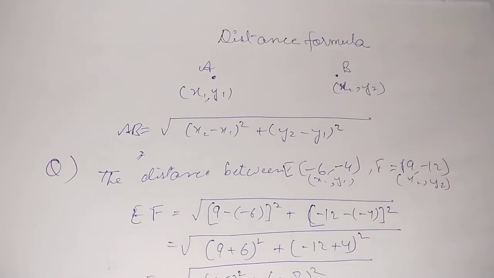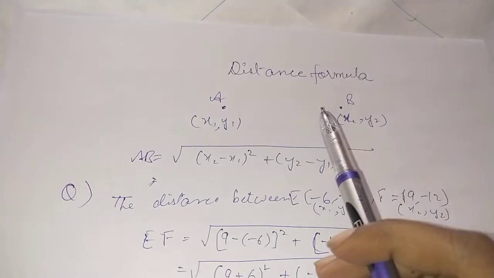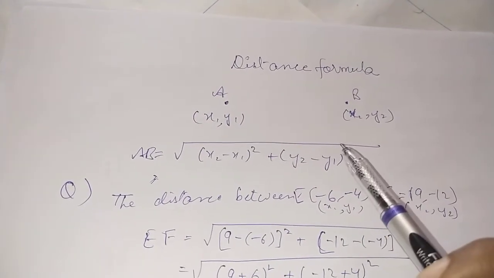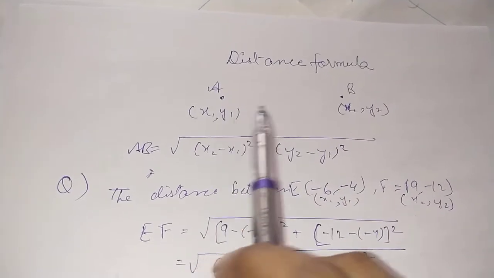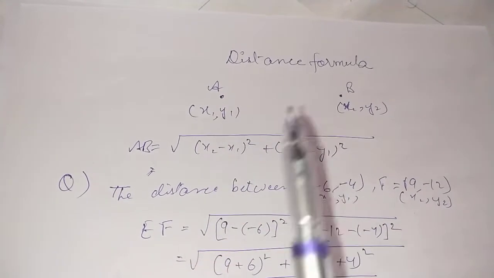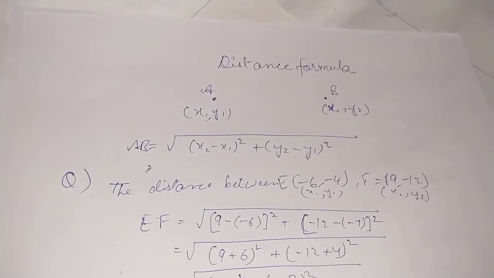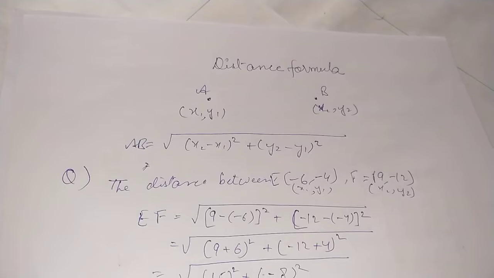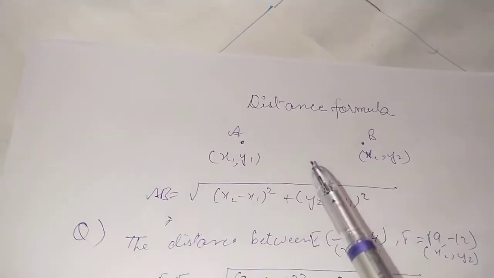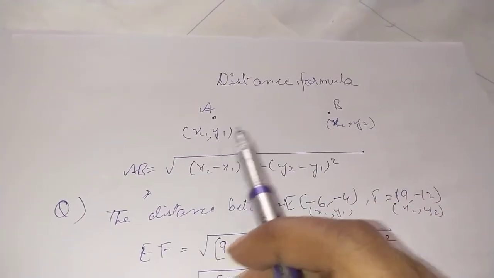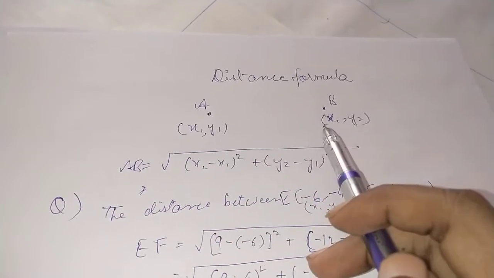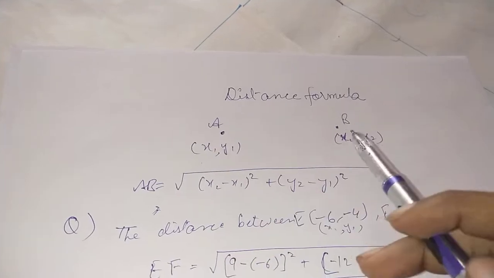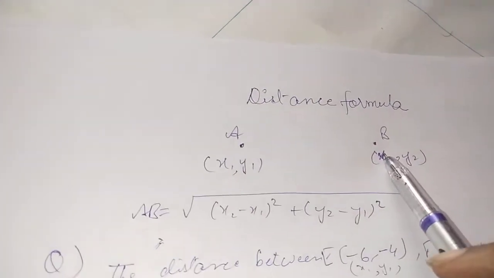All right children, now the next thing that we are going to start is the distance formula. If you remember, when we were starting this very chapter, I told you about the coordinates, how we can calculate the distance from the city of Lucknow to the city of Kanpur using the coordinate system by the distance formula. So this is where the main implementation of coordinate geometry comes in. To calculate the distance we need to have the coordinates of those two places. So x1 and y1 will denote point A, and x2 and y2 denote point B.